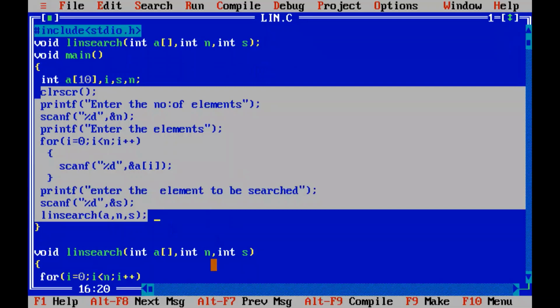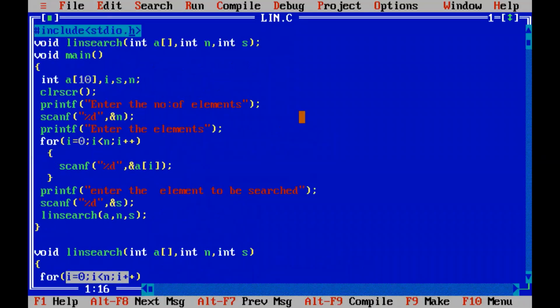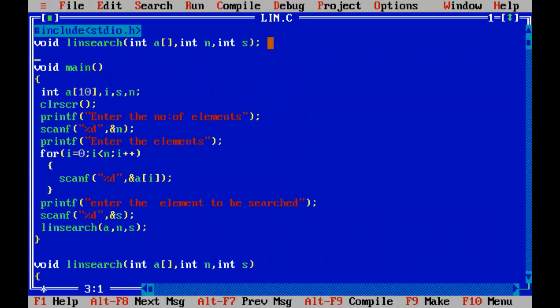As you know, in linear search also we are using I. We should either declare I in both linear search and main, or another way is to declare it as a global variable. Global variable declaration is done outside main, or outside all the functions. You can just declare it here. This is global declaration, and I am going to remove this declaration from here because it is a local declaration. Now, what are the other warnings we got? No other errors, right?